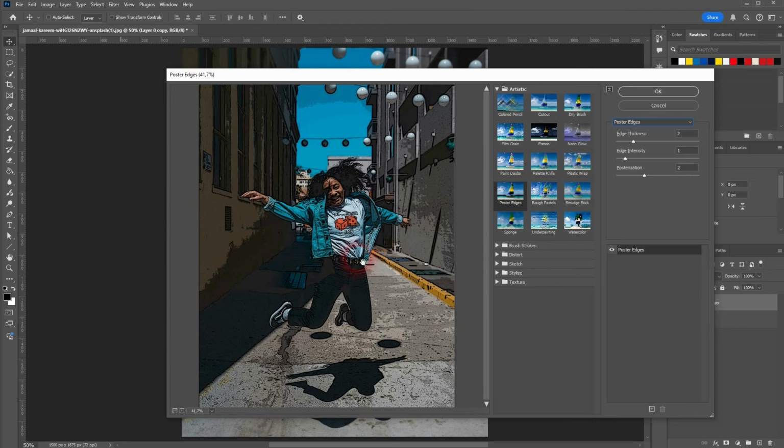The edge thickness controls the width of the dark lines, so this outline that's created. A higher value makes them thicker, a lower value thinner. The edge intensity determines the contrast between the colored areas and the outlines. So in simple terms, higher values make the edges more intense, more prominent you could say, and lower values soften